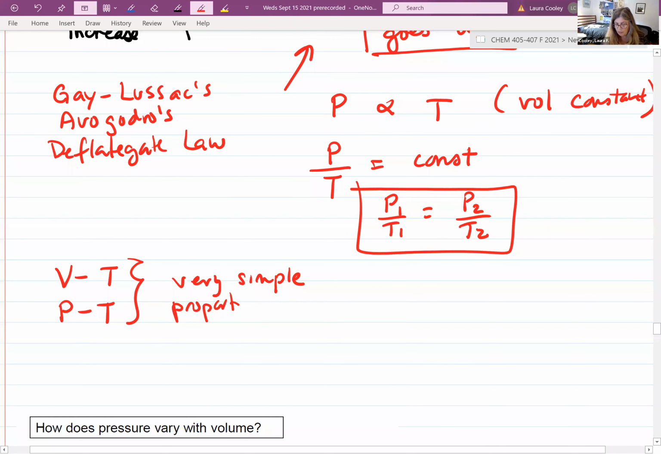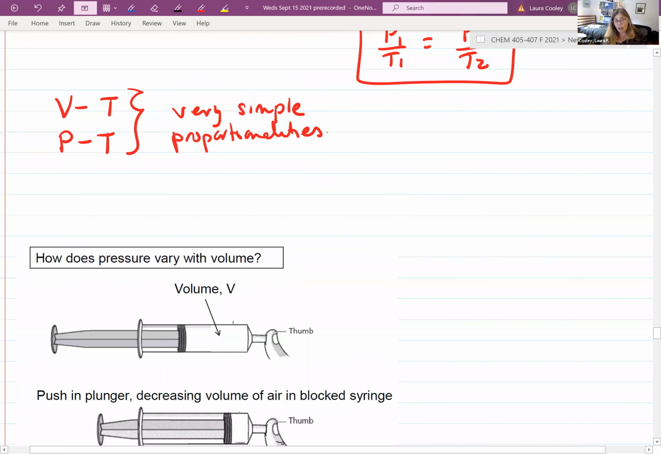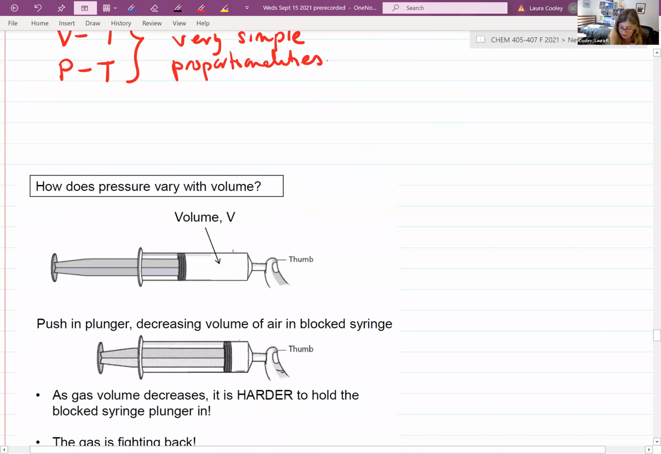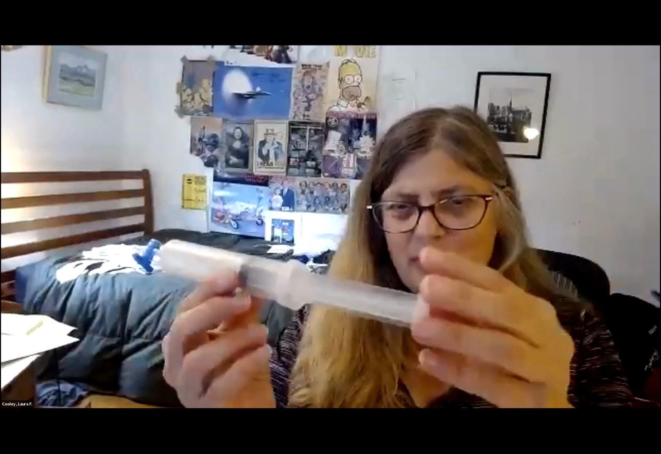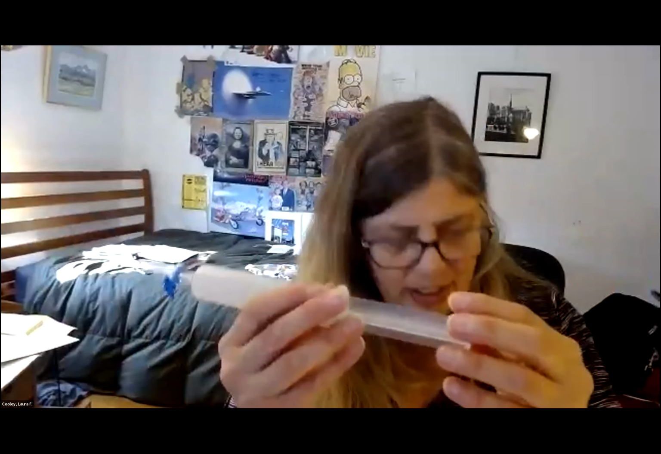But now we come to the relationship between pressure and volume. Okay, and I actually have a syringe. Let's see, I showed you this in class. So I have this giant syringe. Here's the syringe. Okay. And everything is left and right for me, so I don't know quite what I'm doing, but